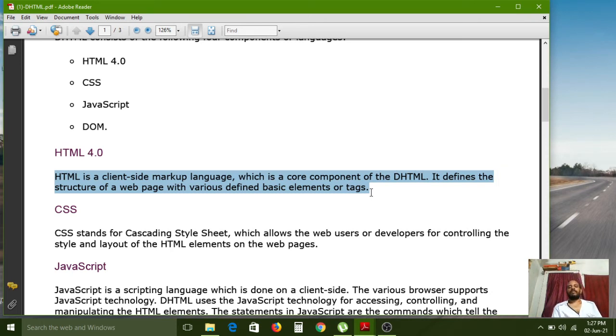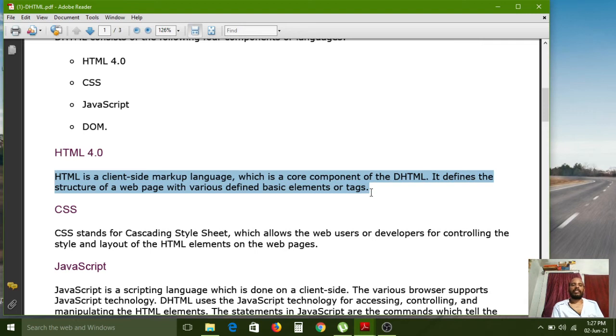So whatever tags we have used in the previous classes, all tags are HTML version tags. They are pure HTML tags, and those tags are also called elements.